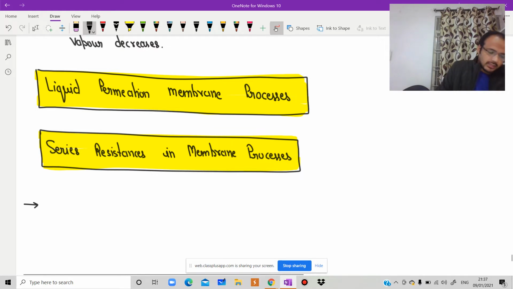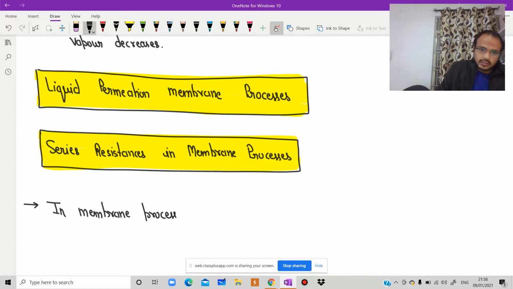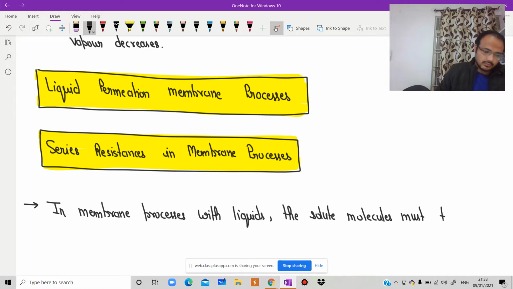So as we know, in membrane processes with liquids, the solute molecules must first be transported or diffused through the